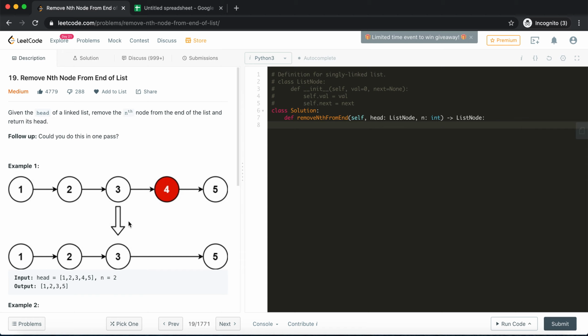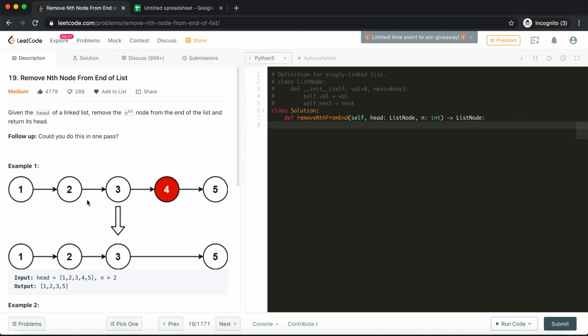Right, so there are a couple of ways to solve this problem. One of them is the easiest one, where we actually need 2 passes, right? The challenge that we have here is that we don't know how long our linked list is, because we are just given the head, and we are told to remove the nth element from the last, right?